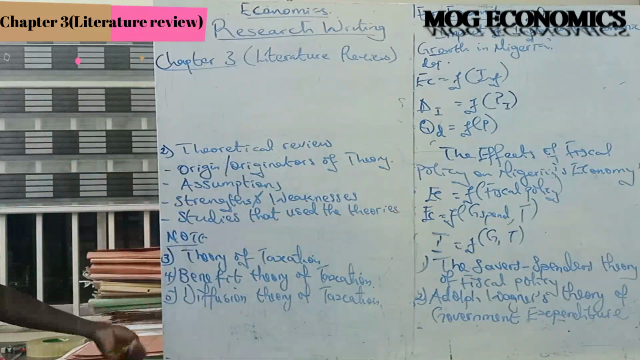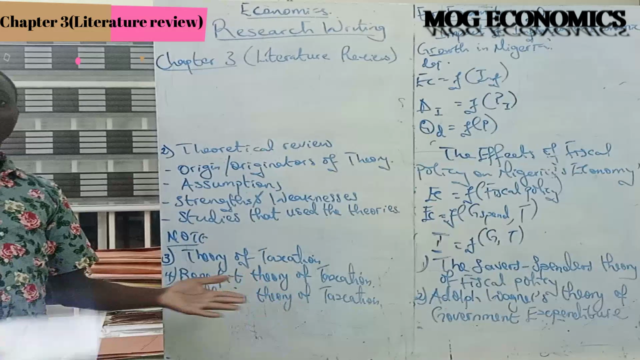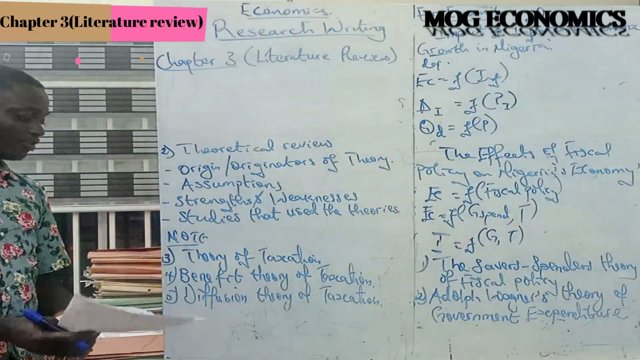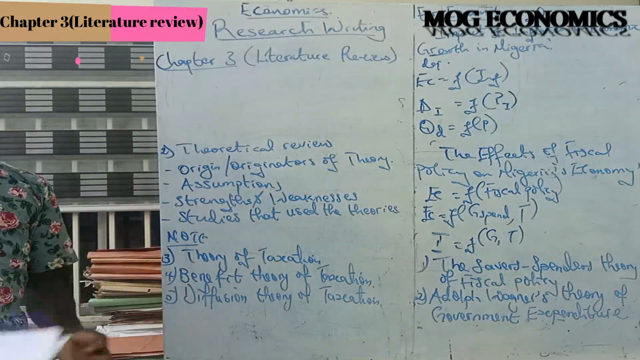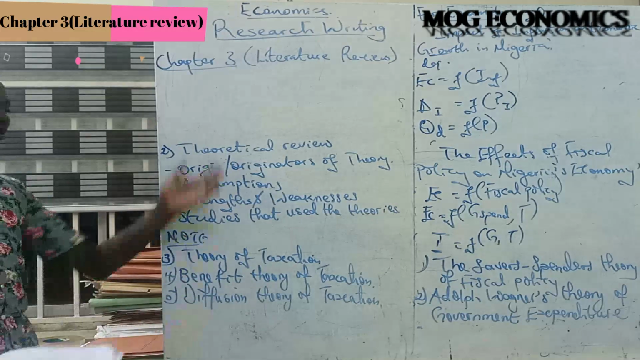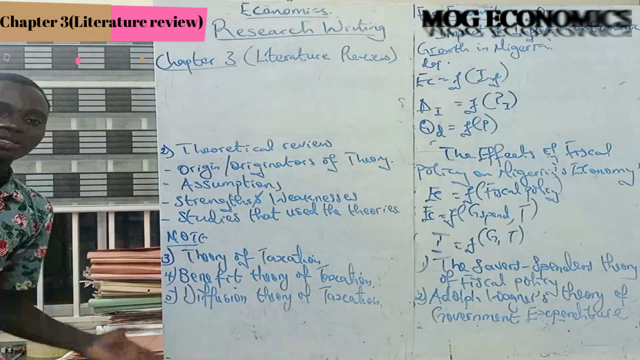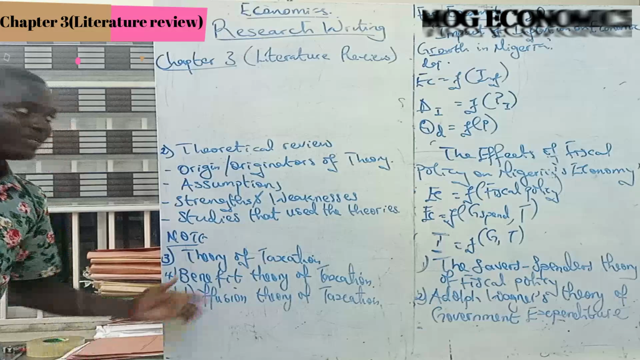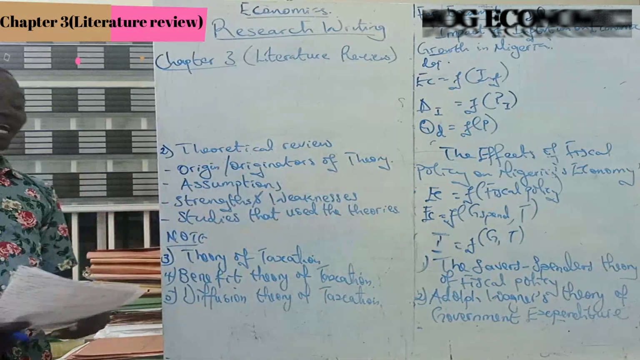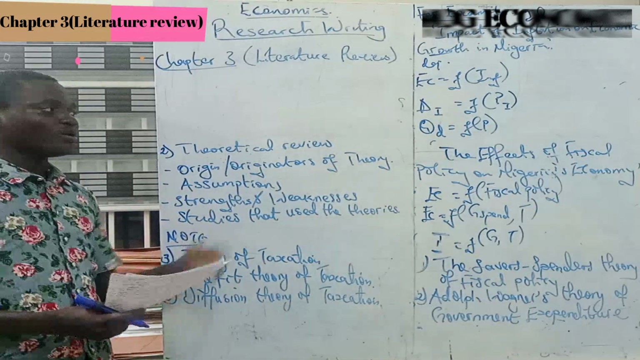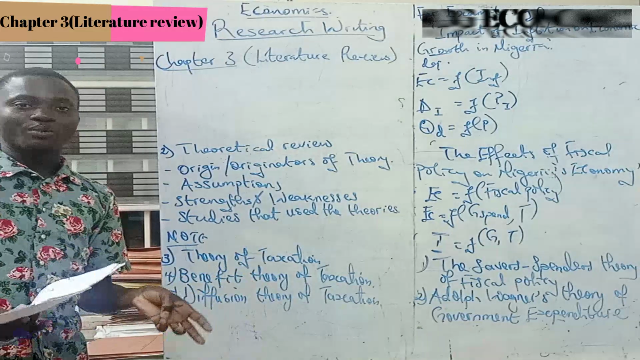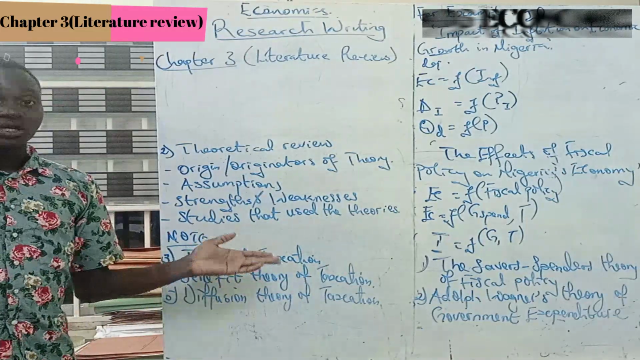Okay, then the next one, diffusion theory of taxation. Let people pay taxes based on the level of diffusion of whatever has happened in the economy. So in all of these 5 theories, there is none of them that is relevant to this particular one. So I guess the person saw fiscal policy in his or her topic, and anything fiscal policy goes, right, under